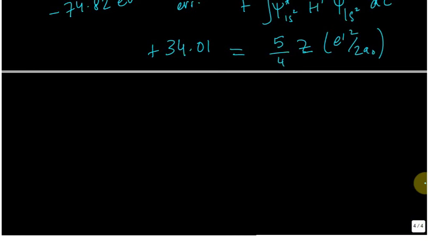So if you have this second electron, then it does not have a plus 2